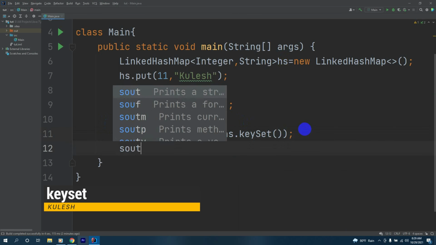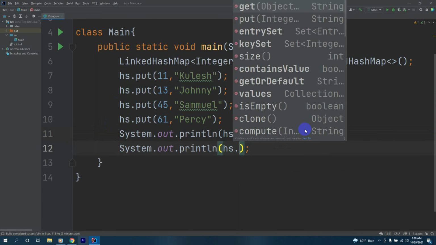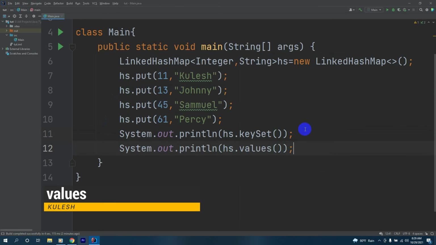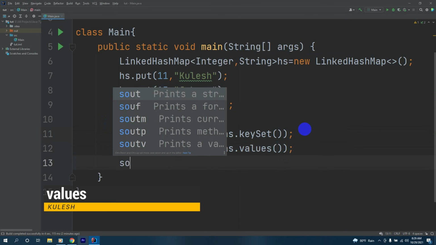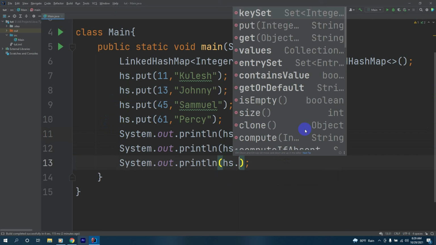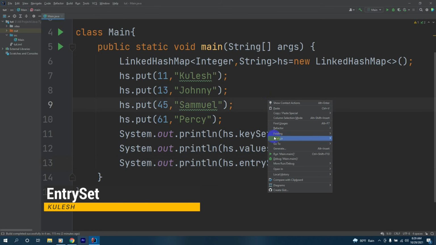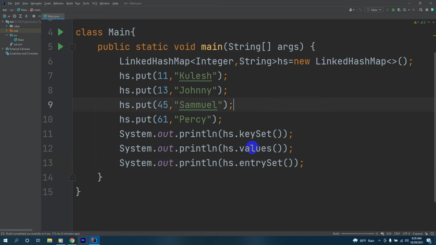Then we'll have another print that prints hs.values. And finally, we'll have another print that prints hs.entrySet with the key value pairs all. Now let's run this and check the output.